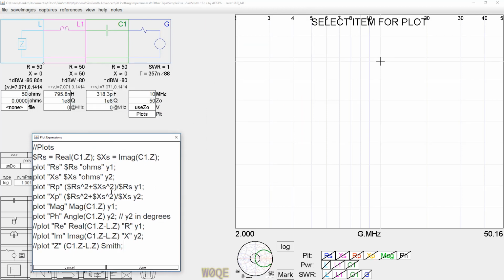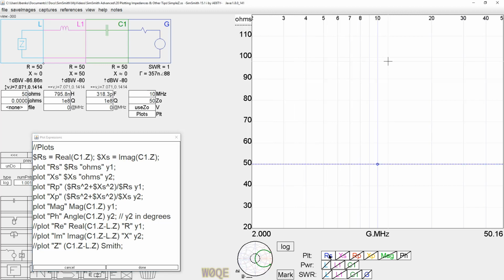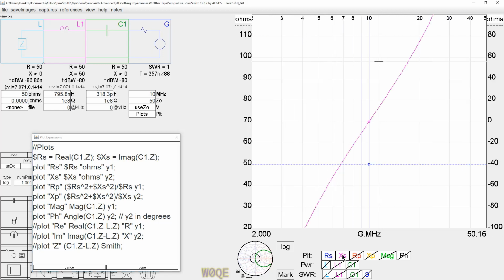What we get over here is a little more complexity than is necessary, but it's because I did all 6 of these boxes at the same time. I've declared a local variable to be R sub S, and it is the real part of C1.Z. C1.Z is impedance right here, looking this direction. And then I've declared another local variable, $x_s, which is the imaginary part of that impedance. If I want to plot the real part of the impedance, which is 50 ohms, and the imaginary part of the impedance,